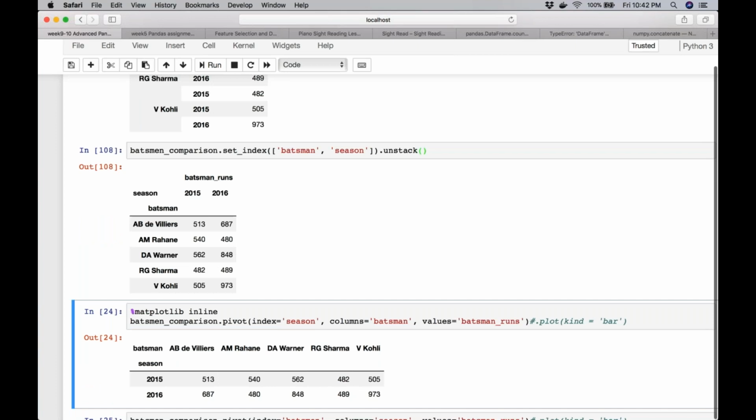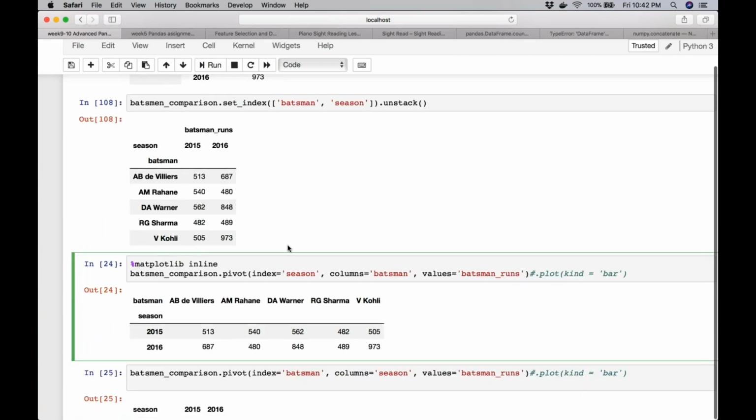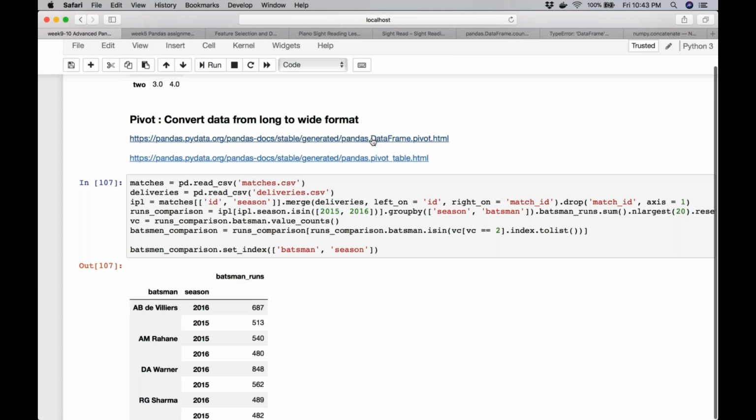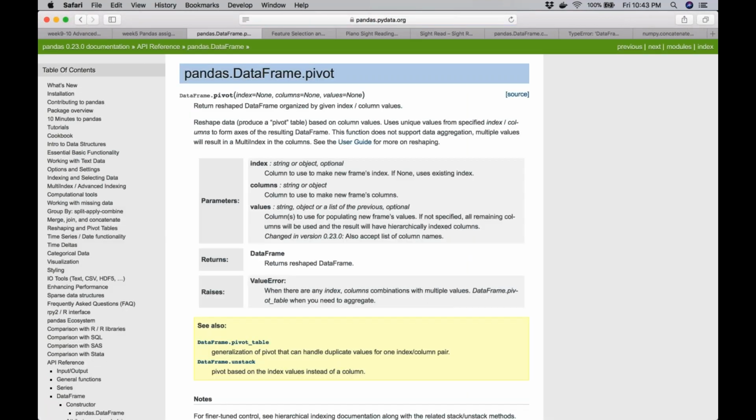And as I hope you remember, using the same thing we can do using pivot. So this is the documentation link for pivot. It does exactly the same as what unstack is doing, but you have a function for it.